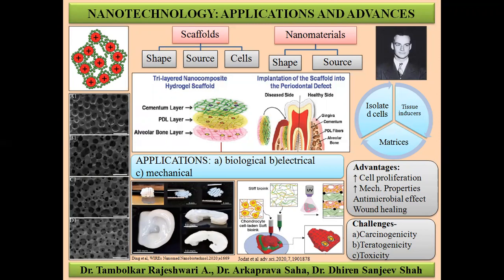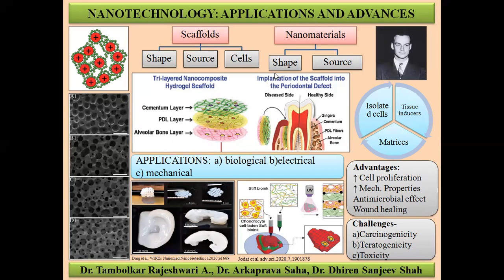This figure shows the SEM picture of different surface modifications of the macroporous hydroxyapatite bioceramic scaffolds. The first picture is of a macroporous, the second is the nano sheet, the third is the nanorod, and the fourth one is the micro-nano hybrid. Now coming to nanomaterials. Nanoparticles are entities of any shape with a size ranging from 1 to 100 nanometers. Nanomaterials serve as a bridge between the macroscopic and microscopic structures.